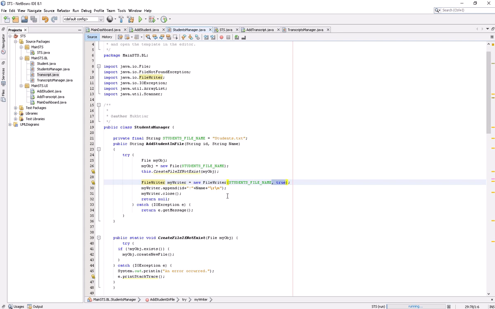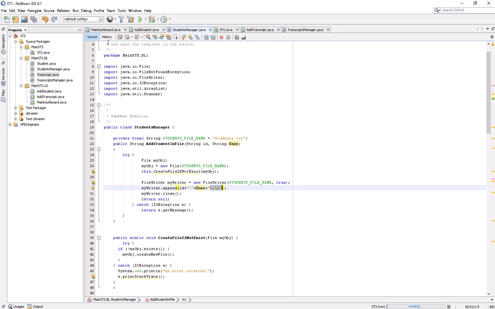So whatever data is before this record, those lines will not be overwritten, and this line will be appended at the end. You see, I'm appending it. So my writer appends a new line with the ID, the separator, then the name, and then the next line. The record has been added now.